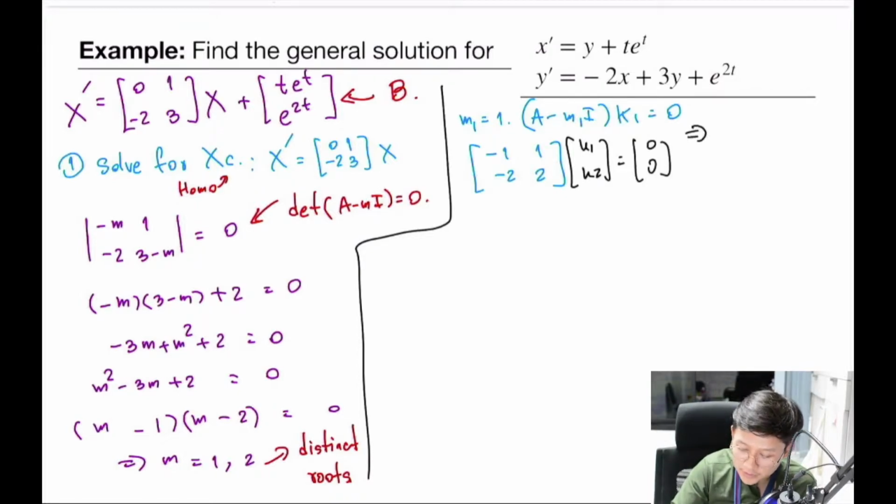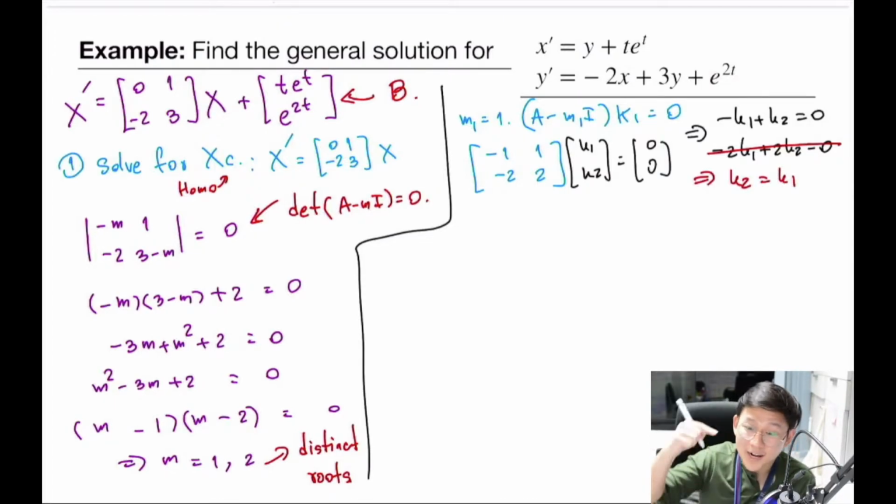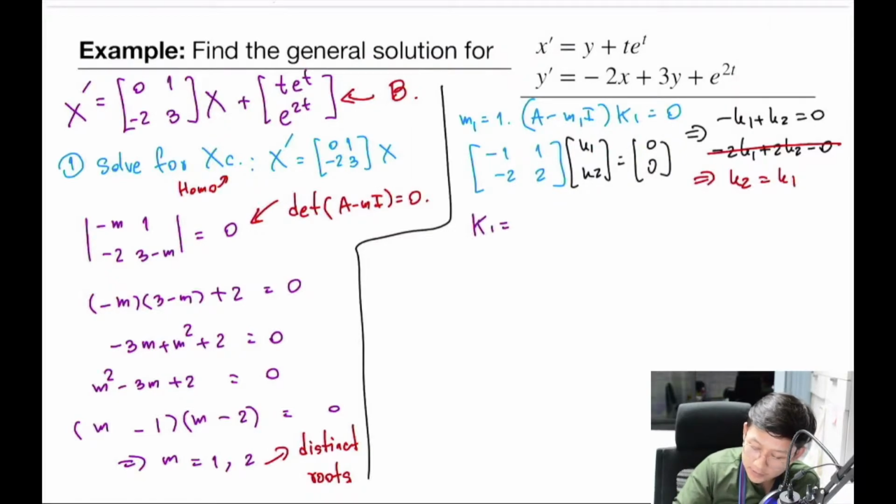Which means that minus k1 plus k2 is 0, minus 2k1 plus 2k2 is 0. But the two equations are the same, right? If you divide the second equation by 2, you would get the first equation. Then you have that k2 is actually k1. Remember, write k2 in terms of k1. So we have that k is k1, k1, and then we choose k1 as 1, so we get 1, 1,